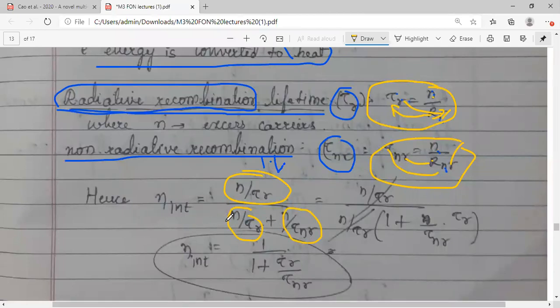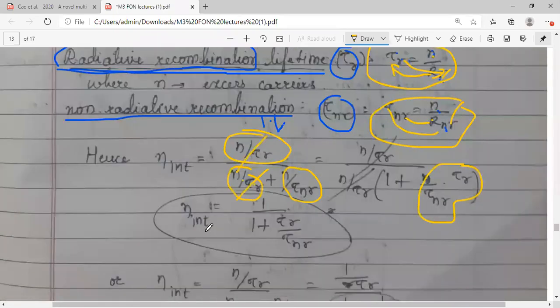In the denominator, you can take n by tau r common so that these two will cancel. You'll be left with 1 plus tau r by tau nr. Okay, this is one equation. Or